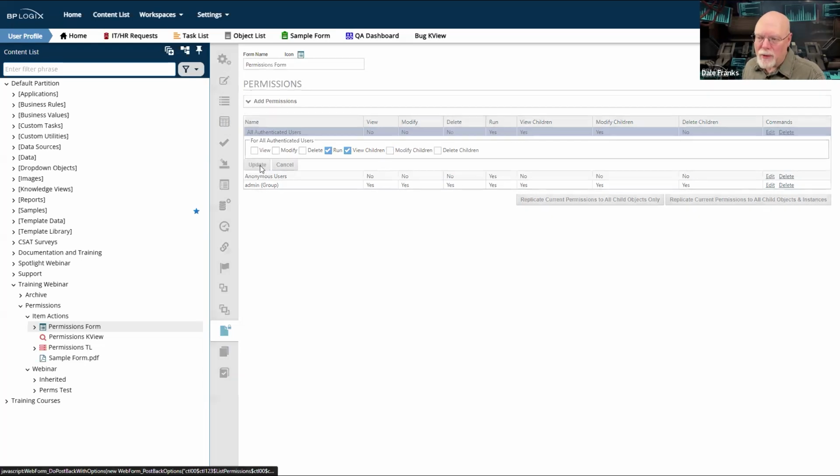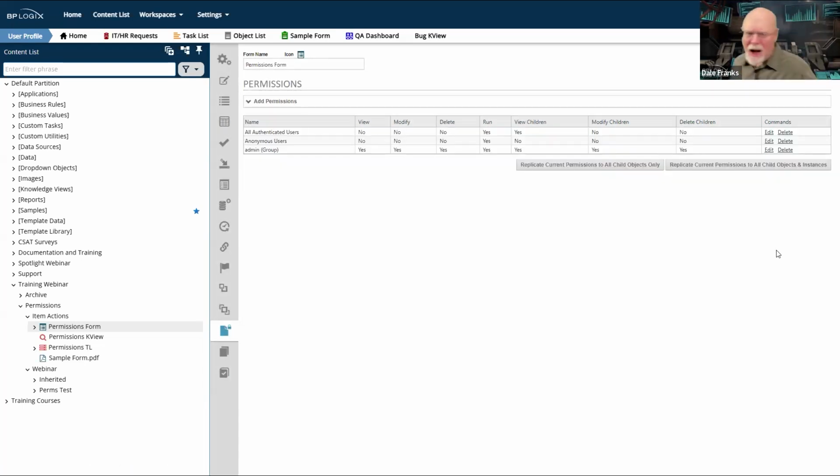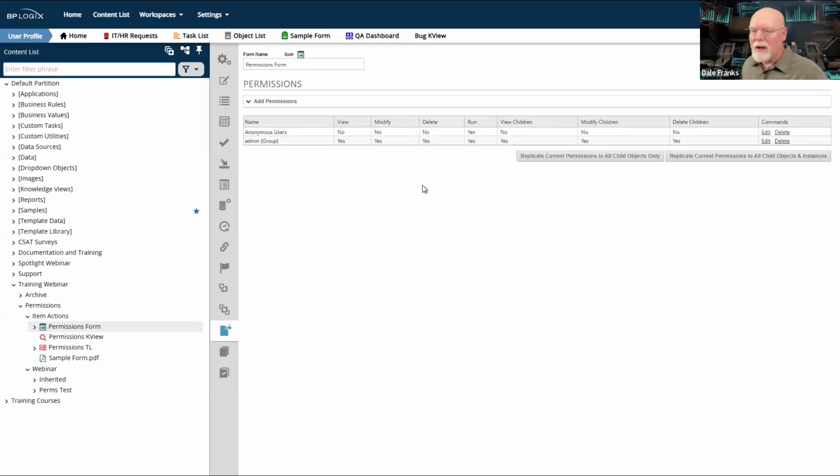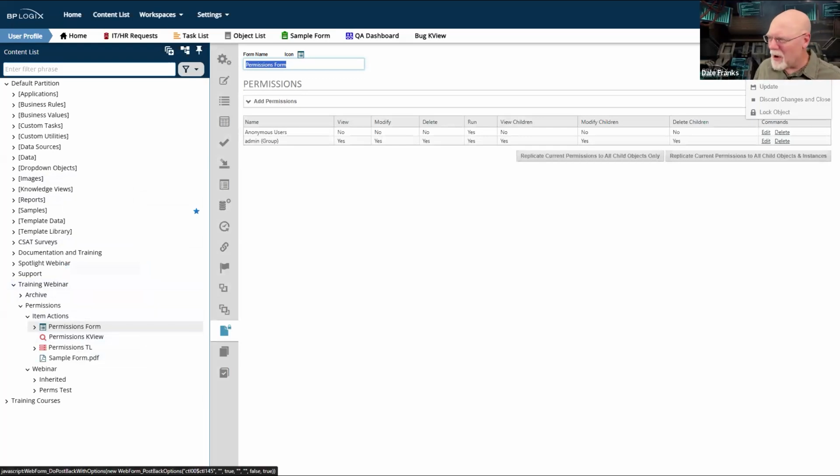I don't need Modify Children Permission because I don't want them to modify it outside of a process, but that's fine. These are now my form permissions. In fact, I think I can just go ahead and delete these permissions entirely. So let's say I don't want anonymous users to do anything with this particular form. So let's go ahead and update that object. I probably shouldn't have changed it. I'm just doing things on the fly, but hopefully it'll still work with the way that I've got it set up.